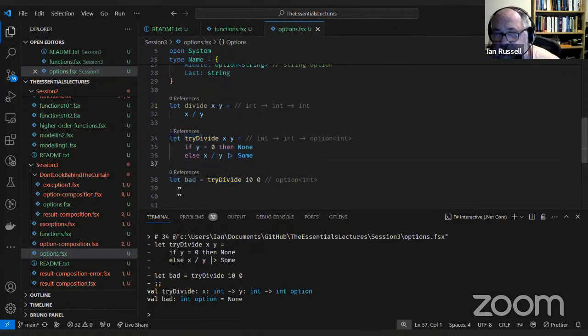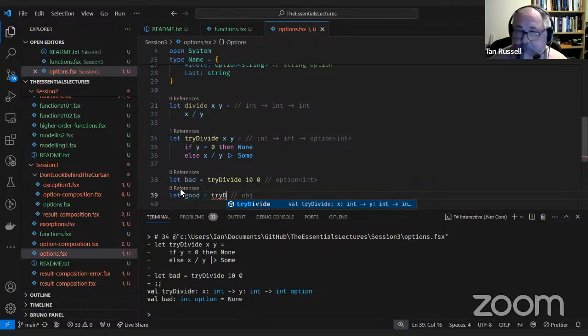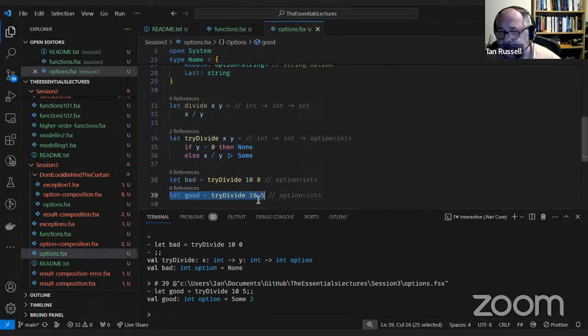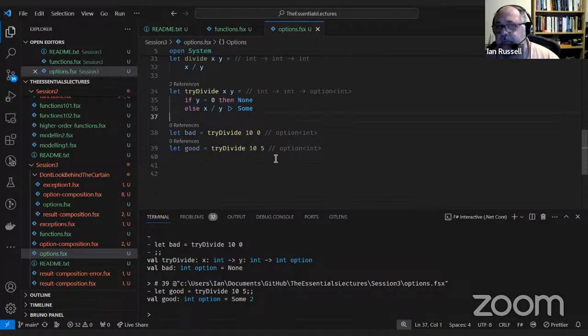And if I do 10 by 5, then I get sum of 2. So that's the option types. It's a very useful thing.